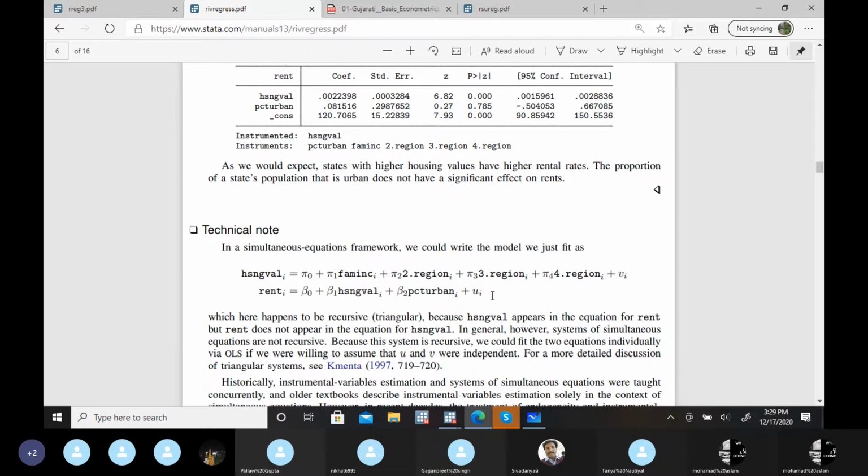So we can simply run OLS on both the equations. We do not need to do any other adjustment. It means you simply have to run OLS for both the equations one by one. It's also not a case of seemingly unrelated regression. Is it clear that this is the case?